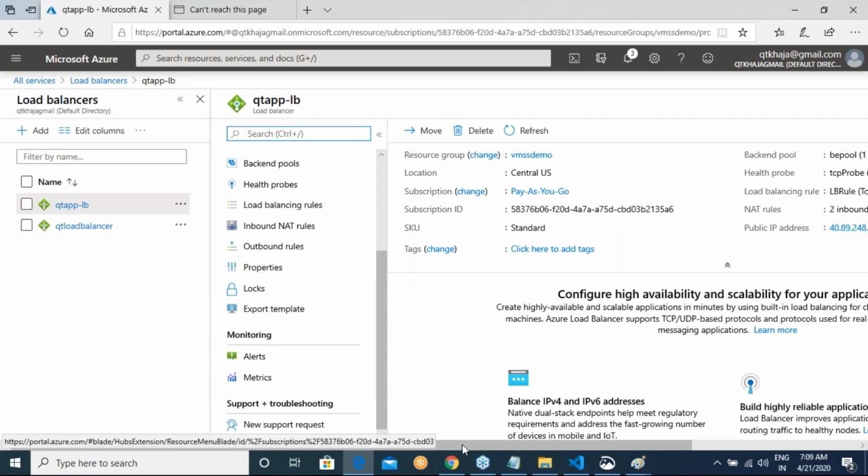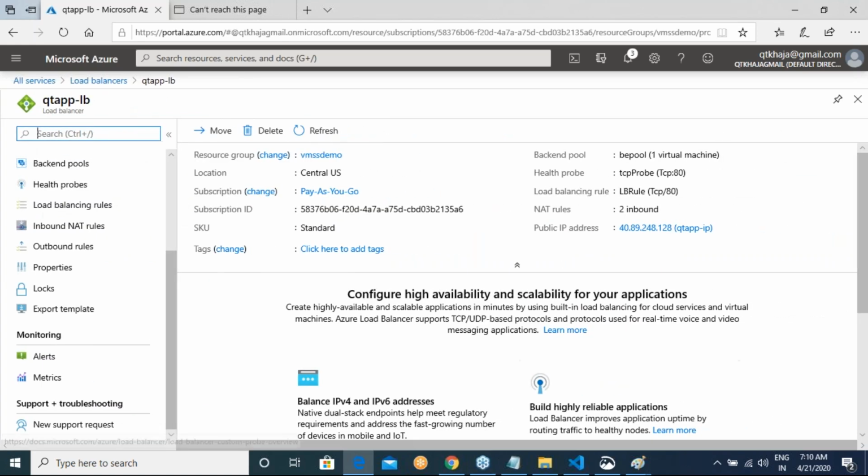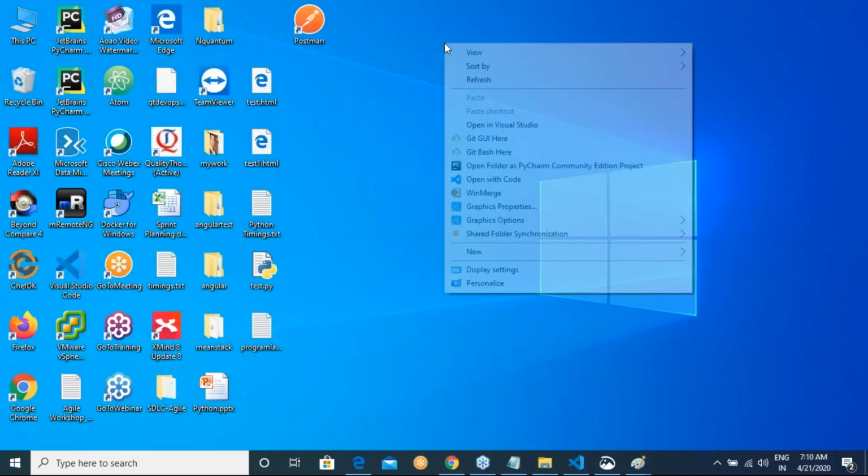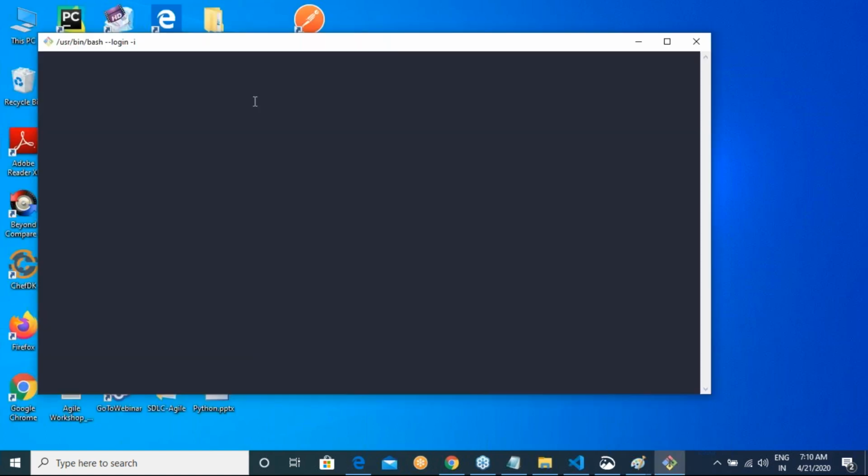So where is this machine's IP address? Now let me do this. SSH. I think I've given the user name as Qt DevOps at the rate of. Let us see what happens.